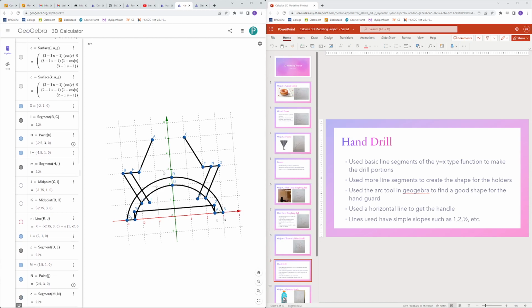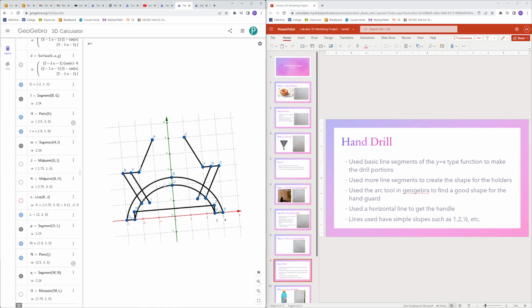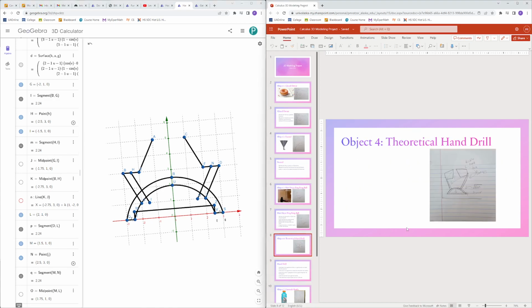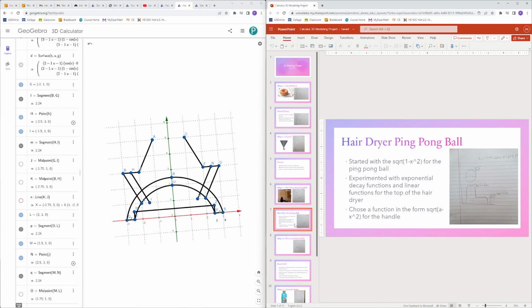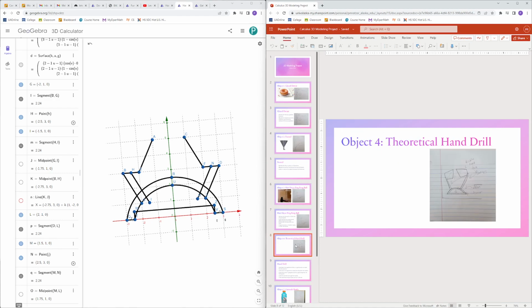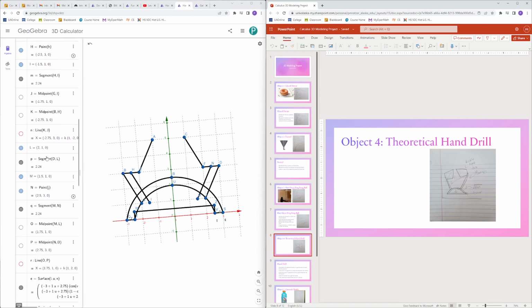And then for the base of it, I wanted to get a sort of perfect semicircle. My idea at first was to use a square root function, just like I had done with the hairdryer ping pong ball up here, to get that half circular shape. But it was hard to find functions that lined up perfectly to create a symmetrical shape, where there's one on the outside and then one slightly smaller. So I ended up just using